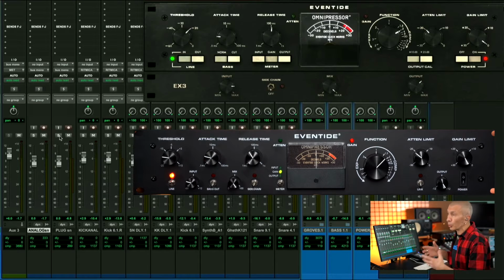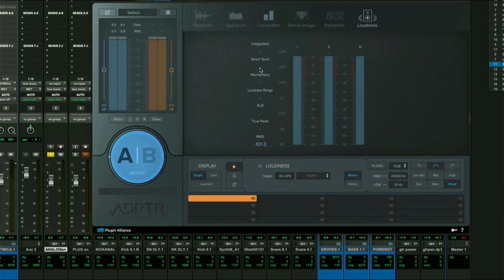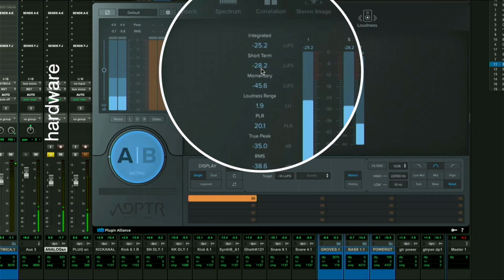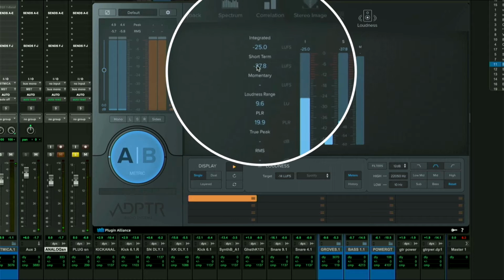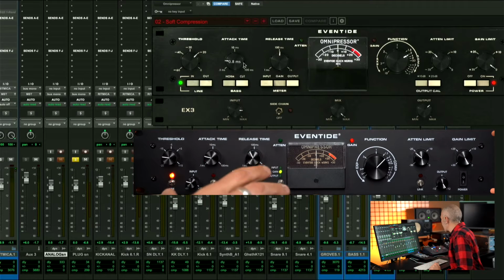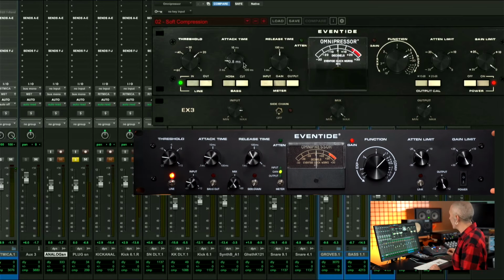Too many times I have heard and seen videos in which comparisons are made with wrong signals. One signal is lower and one is higher, and it always has the most pleasant effect on us when the signal is higher, and it always seems more beautiful to us. The hardware minus 28.2, and the plugin same level, minus 28.2. The controls are almost identical, so much so that the result is very similar, and we are going to listen to it.